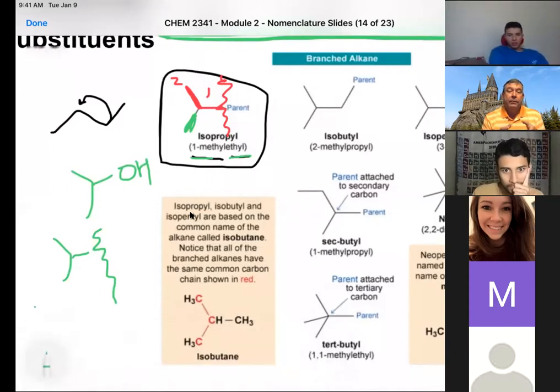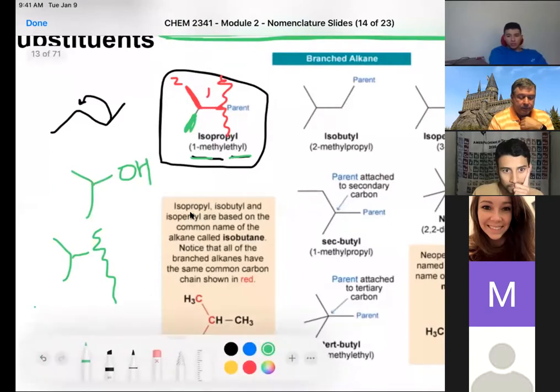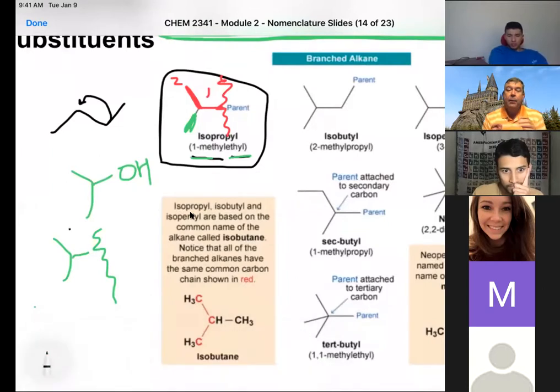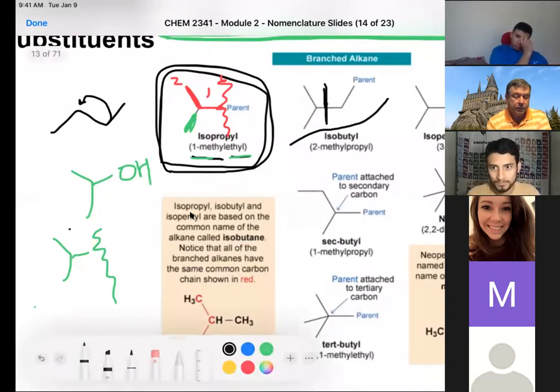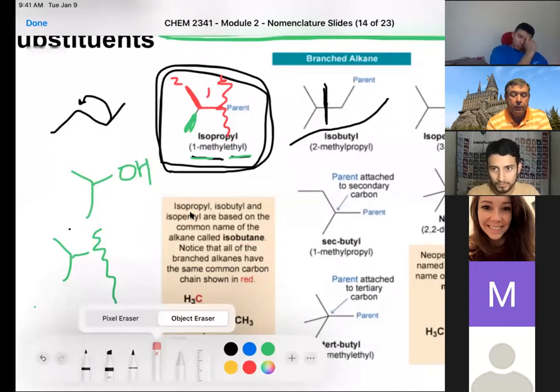So now if we add a carbon to our system, now we actually can have more than one isomer, okay? So here we only had the one branched isomer for propyl. When we go to butyl, we actually have several isomers possible. And we have one that looks a lot like the isopropyl group, which would have been here. And we've added one more carbon to it, and so it becomes the isobutyl group.